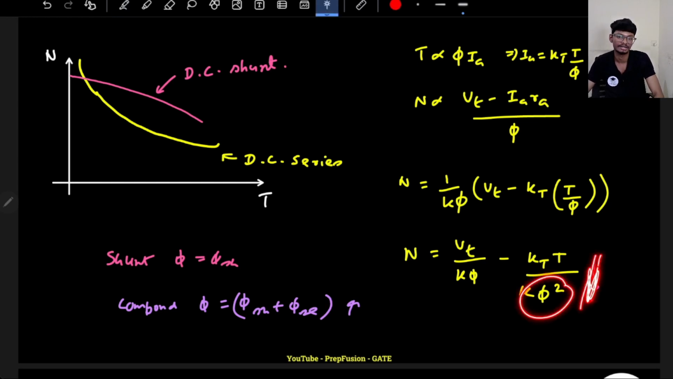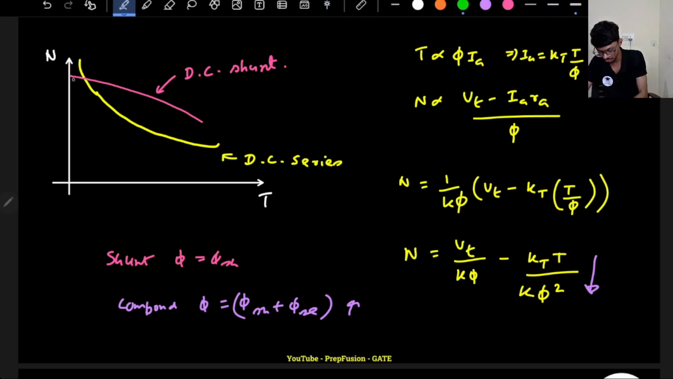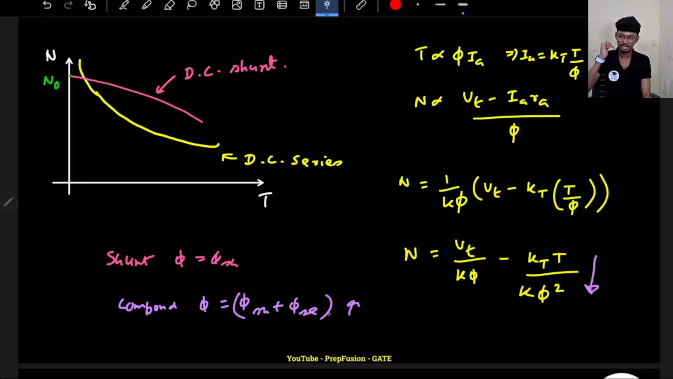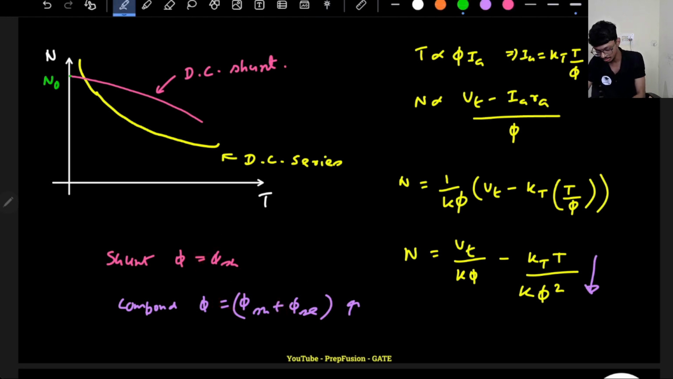There will be further reduction. That is the only difference, except that the graph will not change. Basically, the no load speed will be the same here. It will not be different because at no load the armature current is 0, so phi ac is 0 and only phi sh is present. So it is the same for both the shunt and the compound machine. We will start from here, and just the graph will be shifted down,